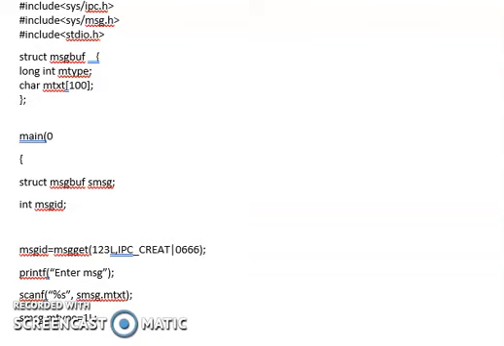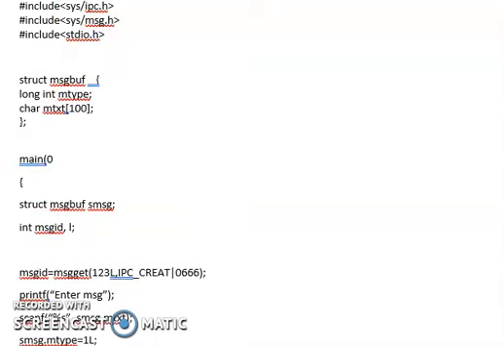Now when I am using msgsnd, the third parameter was about the size of this particular structure. So let me find the size of the message. I'll take another integer variable here, let me take l.